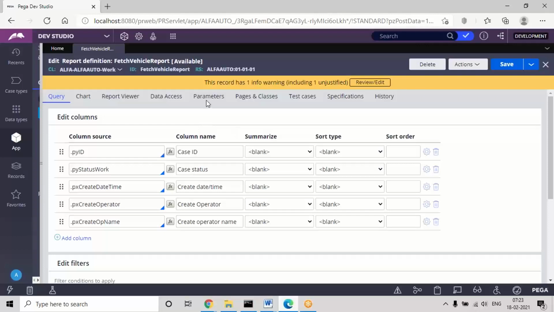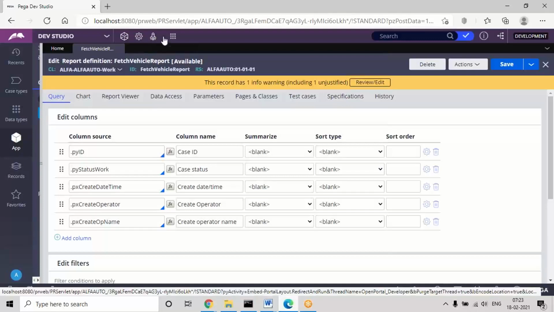First of all, how to launch the manager portal: in the header, you can see the third menu option, which is the launch portal or launch menu. Under launch, you can see an option called case manager. If you click on case manager, in the next tab it will open the case manager portal, or manager portal.